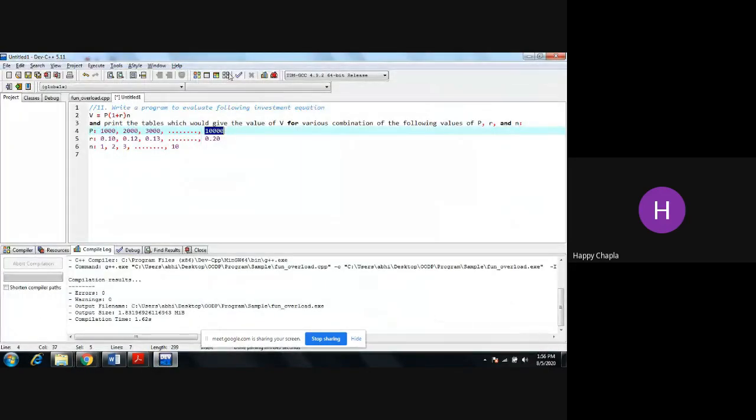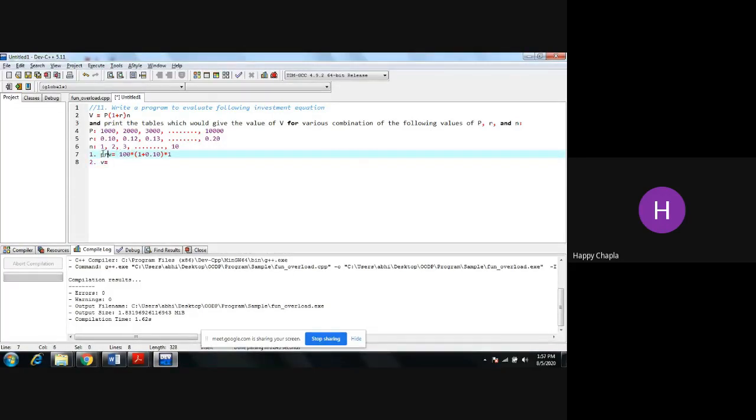Okay, no problem. In this program, you need to calculate the value of V. How can you calculate it? P multiplied by (1 plus R) multiplied by N, right? Every time you need to do this. So the first time, what will be the value? V is equal to 1000 multiplied by (1 plus 0.10, the value of R), multiplied by N equal to 1. Next time, what will be the values of P, R and N?